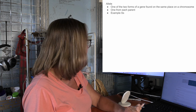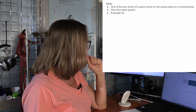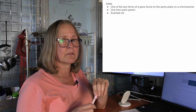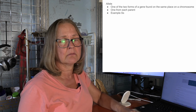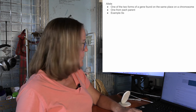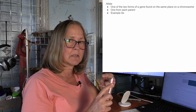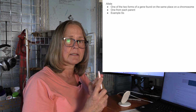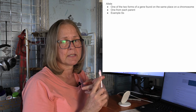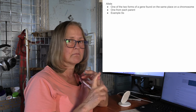All right, so those alleles, there's two of them, one from each parent that they inherit, and that determines what they are as it relates to that particular gene. So for example, spotting. There's two alleles for spotting, spotted and not spotted. Not spotted is an uppercase S. Spotted is lowercase s, and that's because spotted is recessive, least likely to occur when matched with the dominant, and